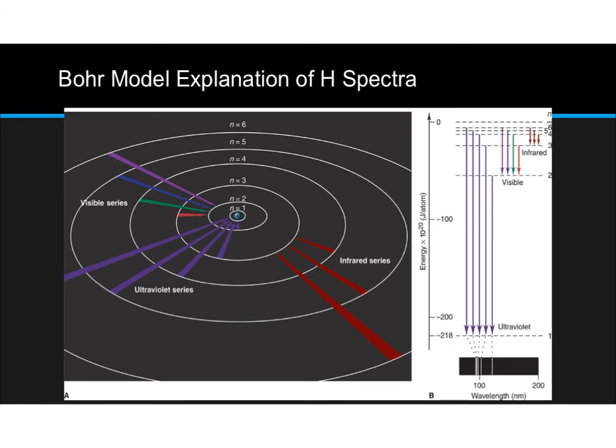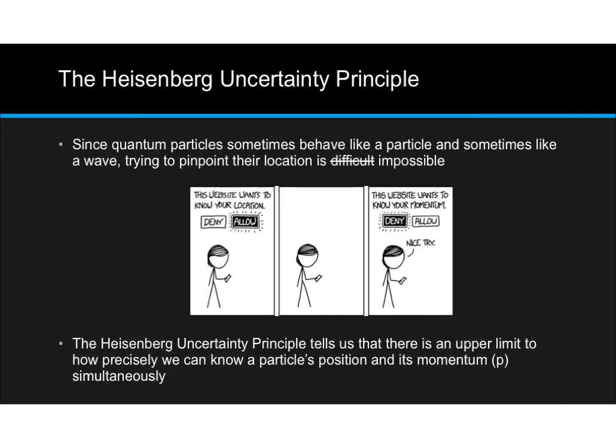Overall, this was a very successful representation of the behavior and nature of electrons, as scientists in the early 20th century and late 19th century were able to measure. But it still had a few drawbacks and doesn't completely explain everything that we know now about the nature of the atom's electron cloud. In the mid-1920s, Werner Heisenberg showed that it's impossible for us to be able to calculate